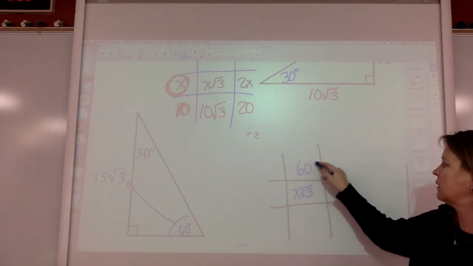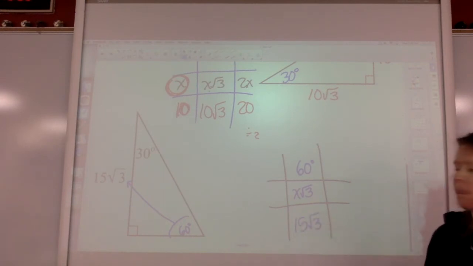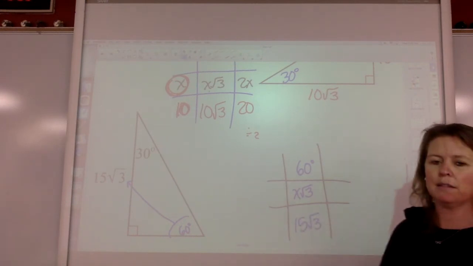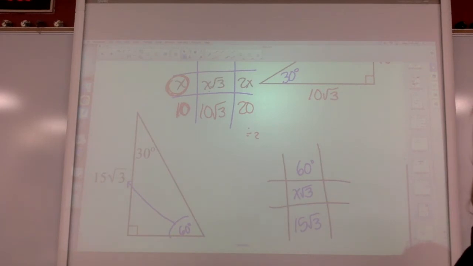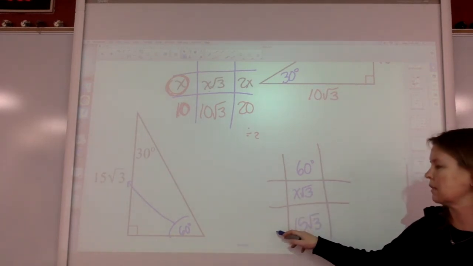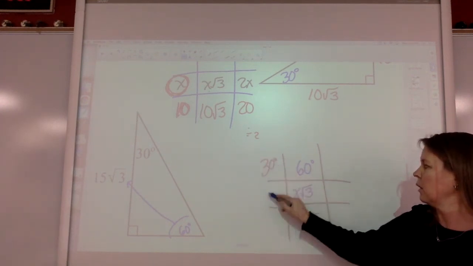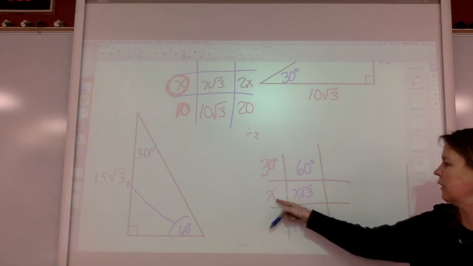We know the 60-degree side. We know it's 15 square root of 3. We can't find its big side. We're not going there. We're not going to go find the big side. We're going to go find the smallest side. We're going to look for the 30-degree angle because we know that the 30-degree angle is exactly square root of